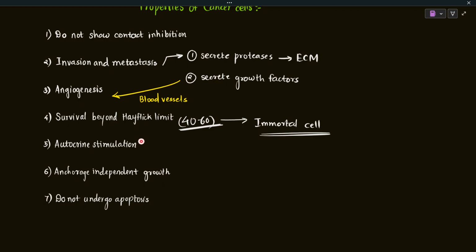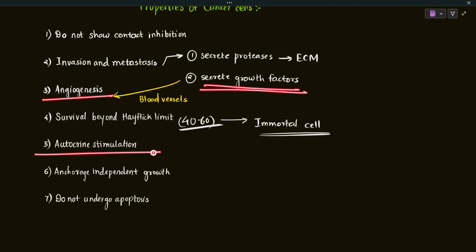Tumor cells prefer producing their own growth factors, which can bind to the receptors present on the tumor cell itself. So the signal is produced by the same cell, and that signal is activating the same cell. That is what we call autocrine stimulation. So this is the tumor cell. It produces the growth factor, and that growth factor works on the same cell. That is what we call autocrine stimulation. So they do not need any exogenous proliferative signal. That is a very important property, and they secrete growth factors, which leads to angiogenesis as well